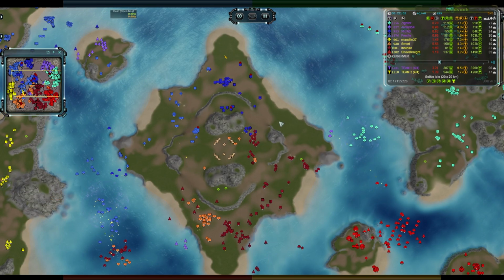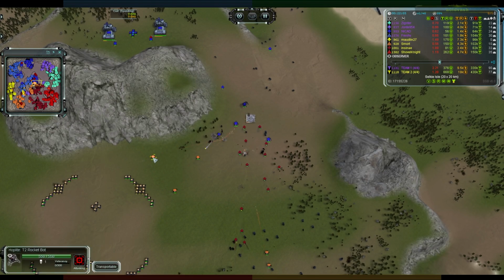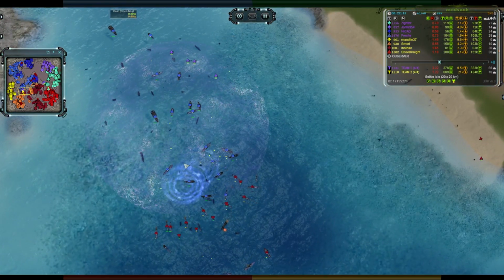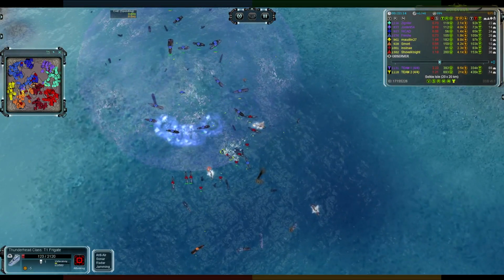And there we go, his comm starts walking, but he's going to be running away from T1 and T2 units, and they outrange him. Those rocket bots are going to be a pain in the buttocks to deal with over this side. And what has gone on here kind of looks like a...